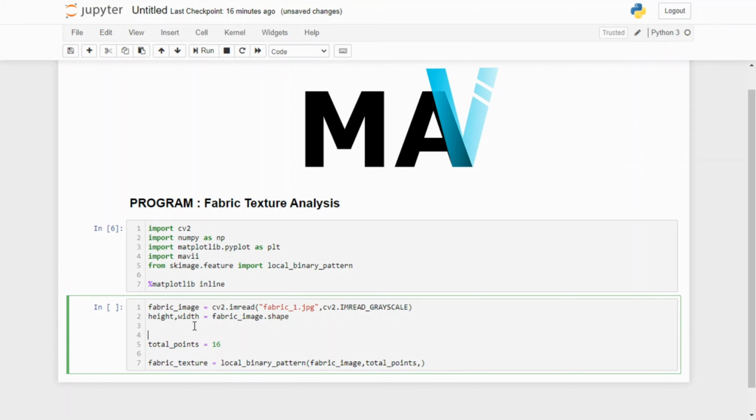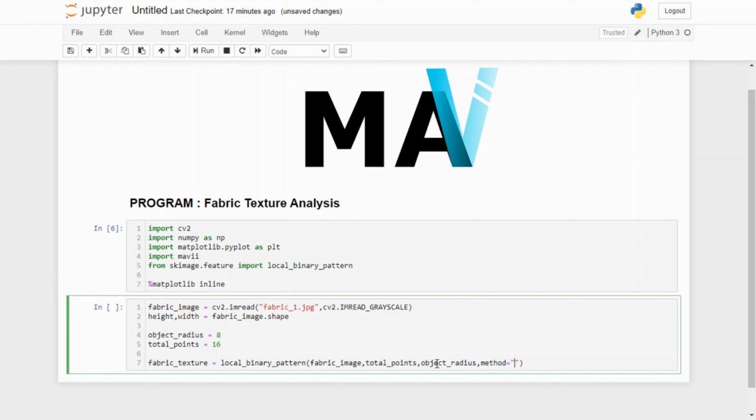For that I'm using object_radius equal to 8. Now the last argument, we have to set the method